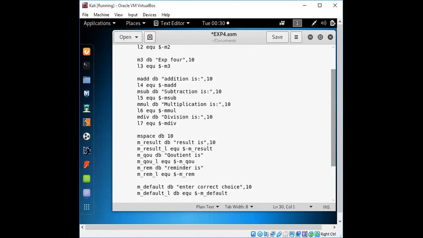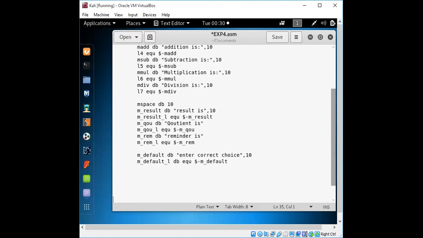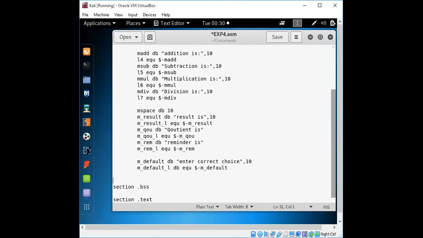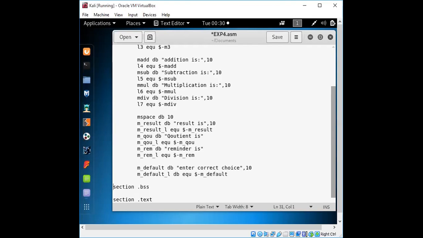So that it will be for the default choice if it is coming with an issue. Okay. Right. So this much will be sufficient for getting your multiplication, addition, or entering the choice. If it is not correct, you need to get to the correct choice for this, right?